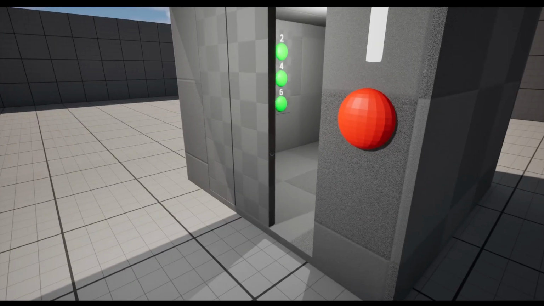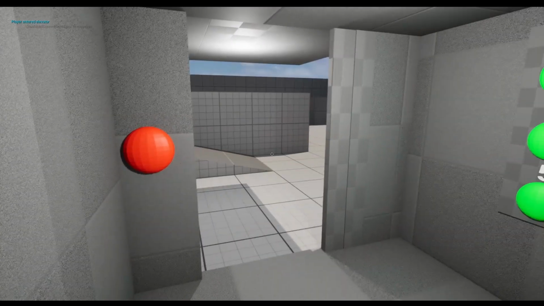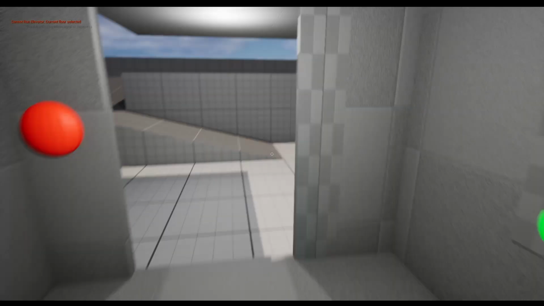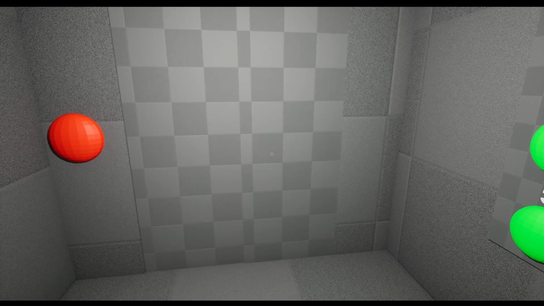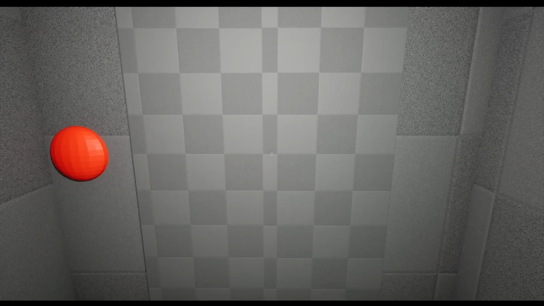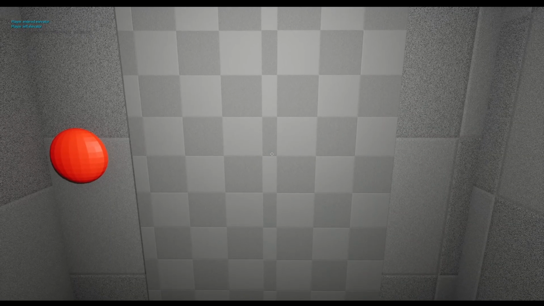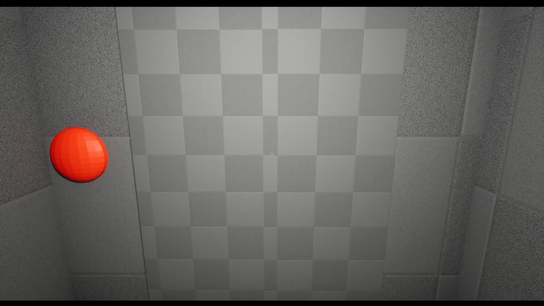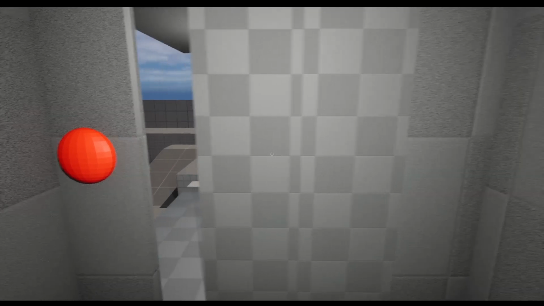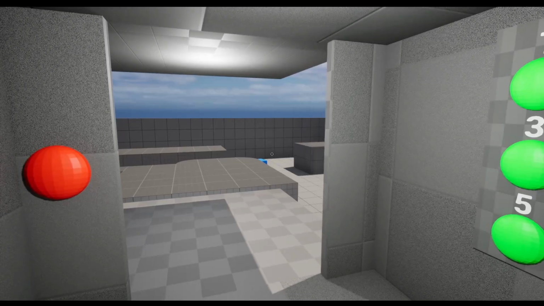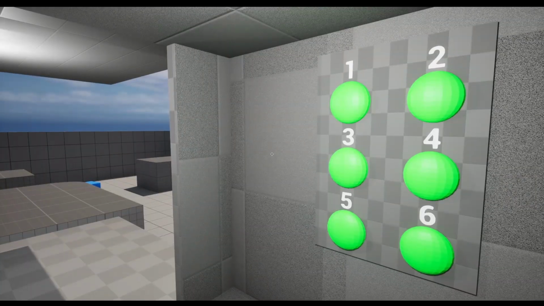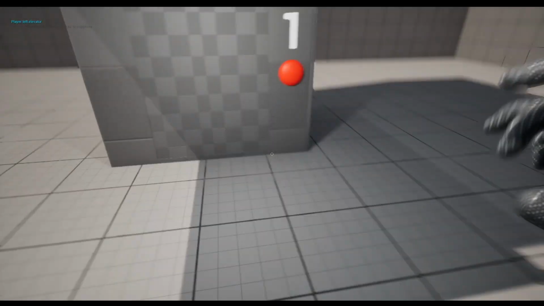You're going to open the door here. Going to walk in. If I try to choose the floor I'm on, it'll prompt me that I can't and just close the door. But if I choose an actual floor that I can go to, like 2, it'll send me to that floor. The doors will open. On top of that, by the end of this video, the issue from last time will be fixed, where